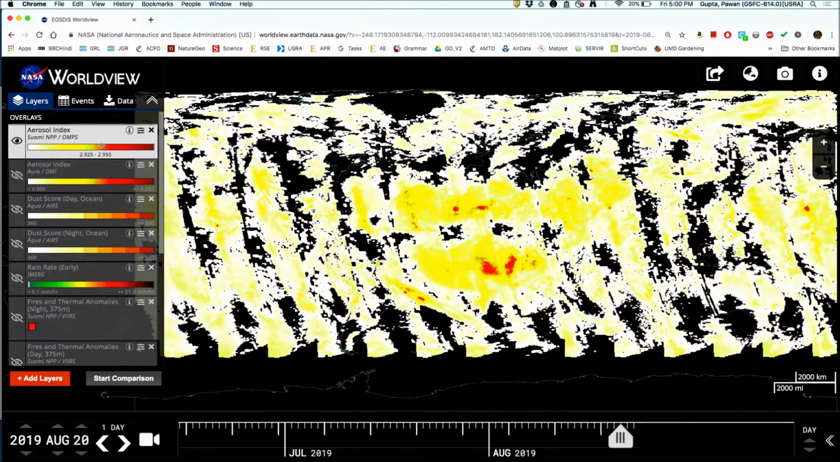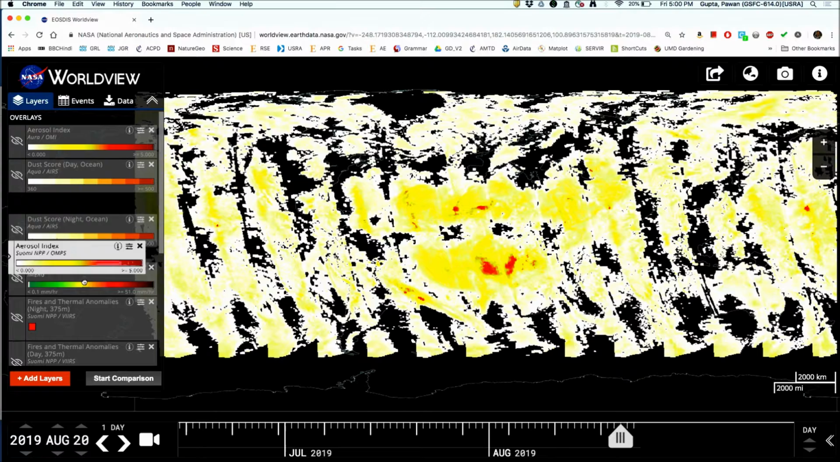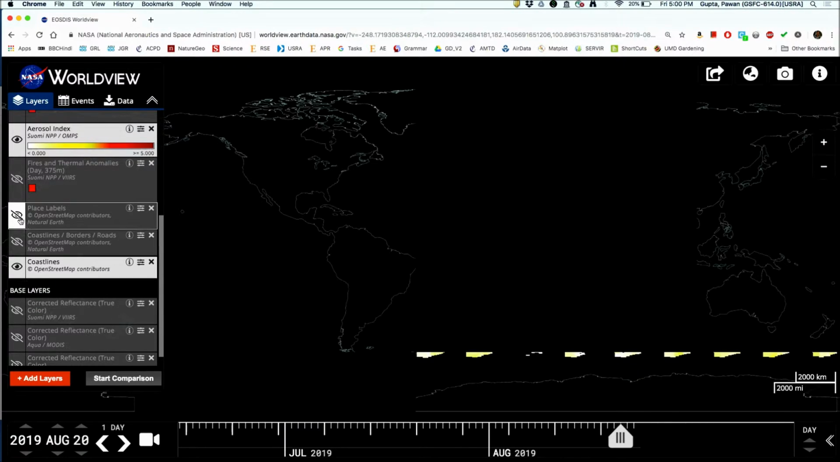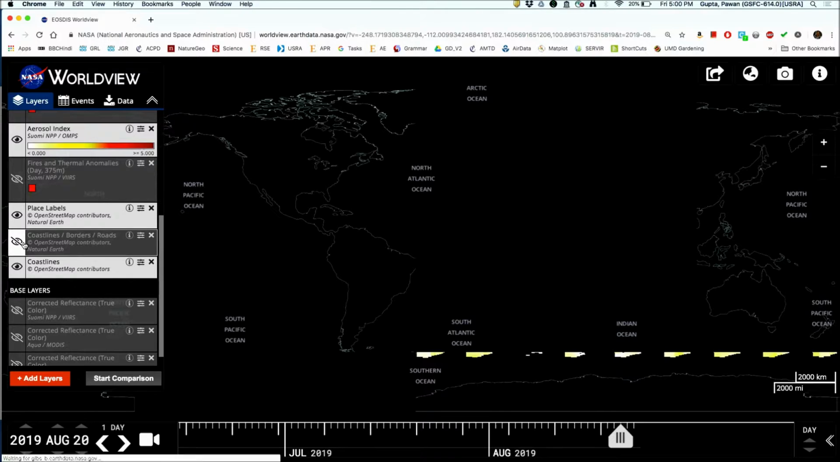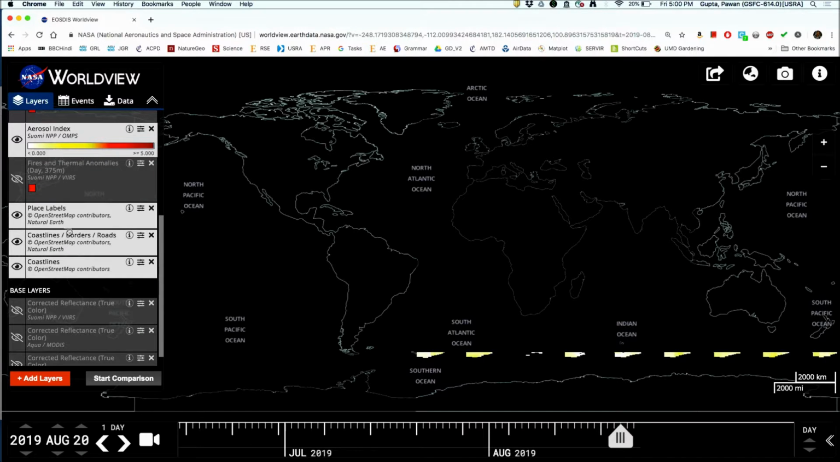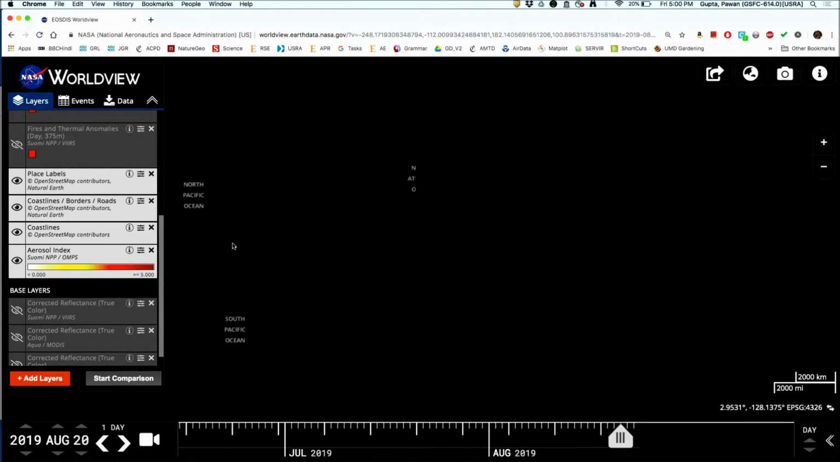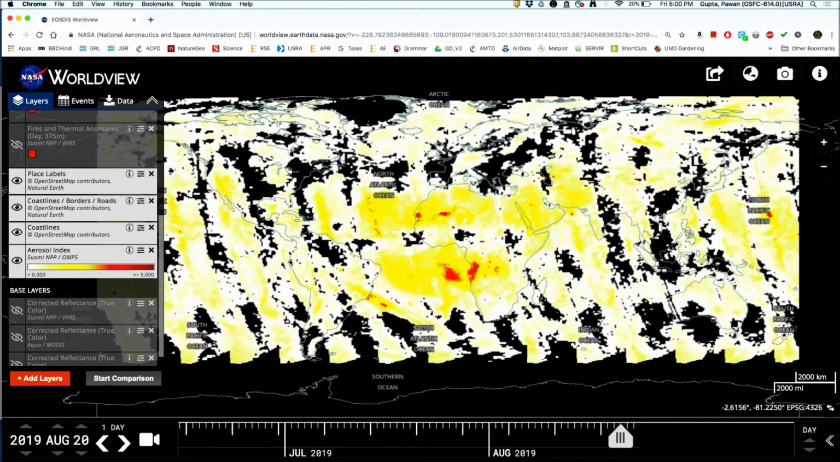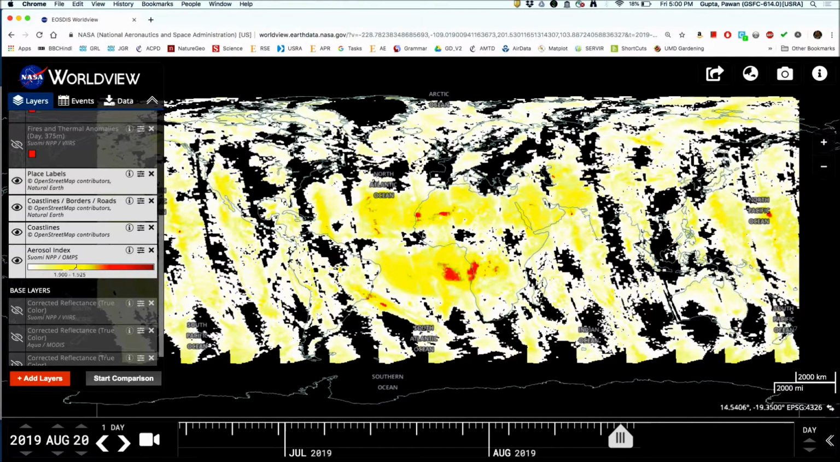And you can move around these layers, okay? So if you are not able to see things properly, you can move them around. There's also layers to name the places, coastlines, things like that. So you can just drag those layers anywhere you want in that panel and they will come up. So right now I put the aerosol index in the bottom and it should come up,